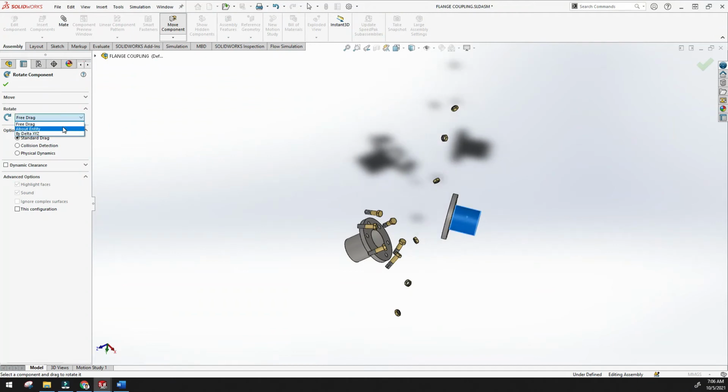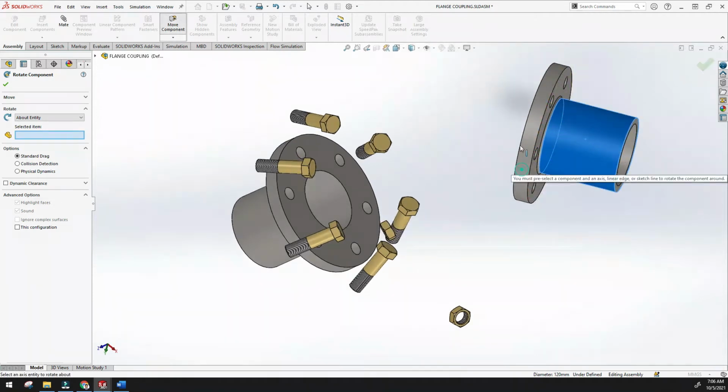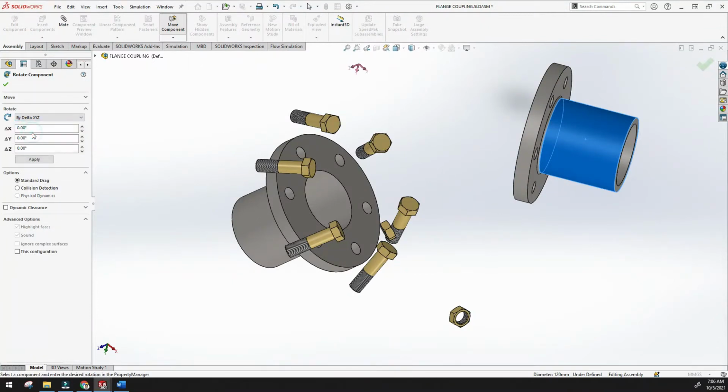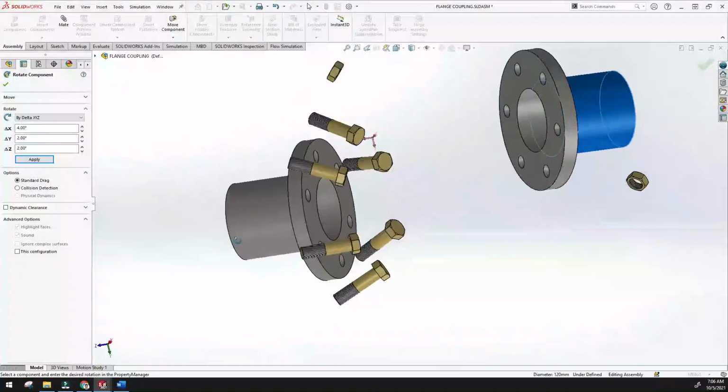And different options are there, like select entities. You can select some entities, and rotate about some XYZ value.